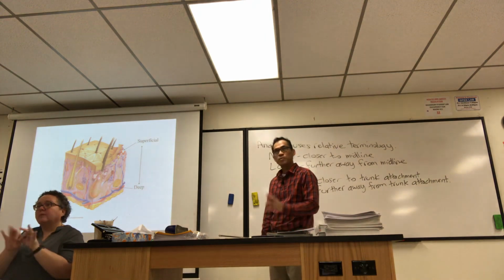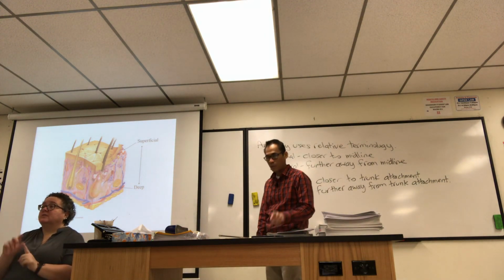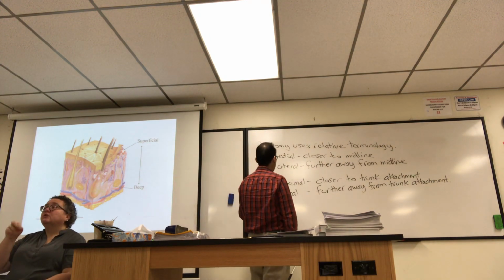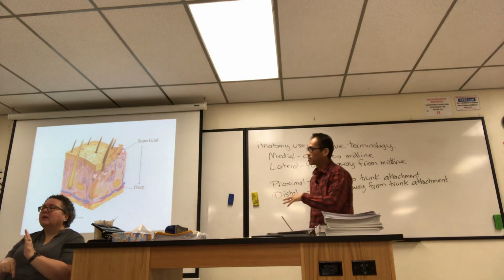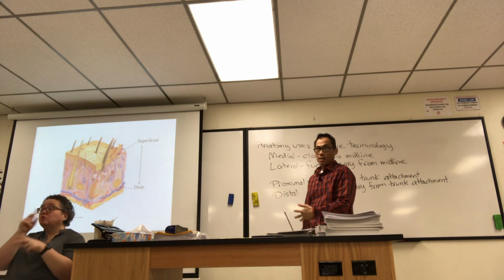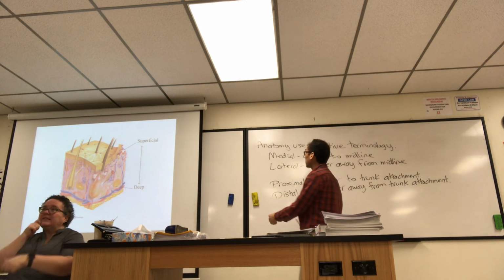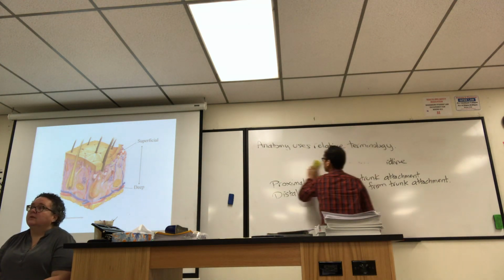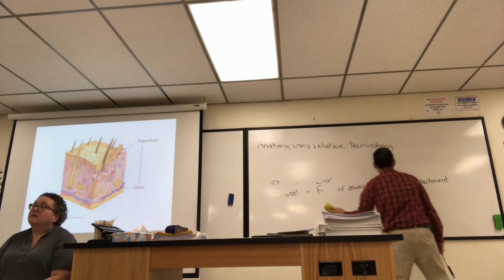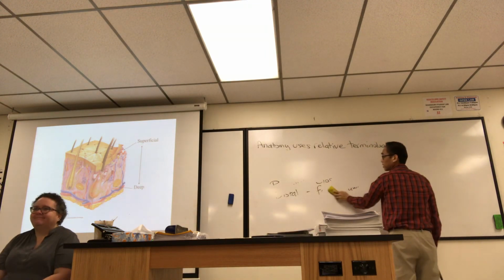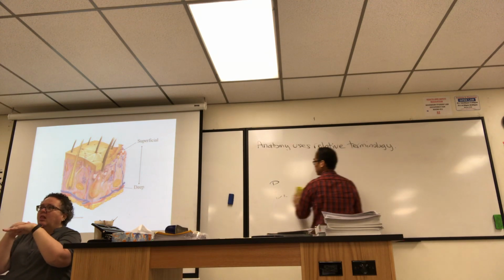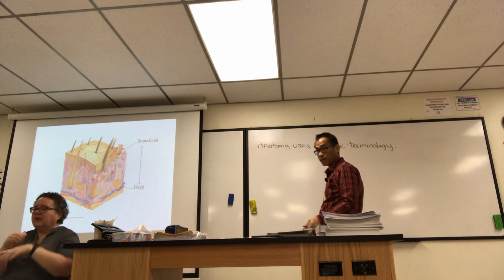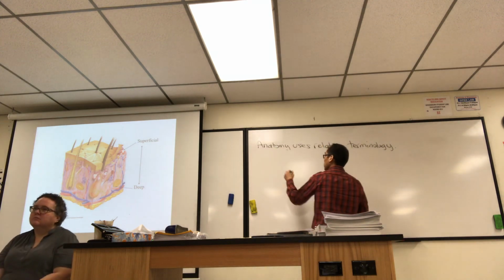All right, let's move on. More terms of relativity. Keep that little half sheet available. We'll add to it, so write small. Superficial, deep. When you're dissecting, you want to examine things that are deep underneath the skin. You have to dissect. I'll teach you the layers of skin later, but basically superficial